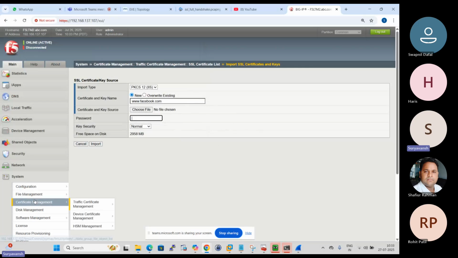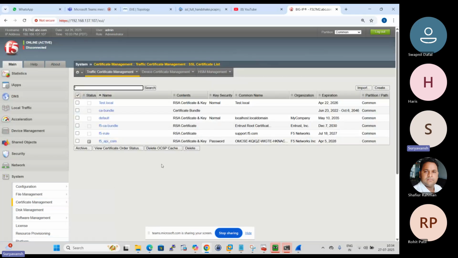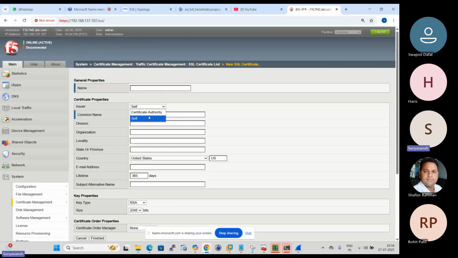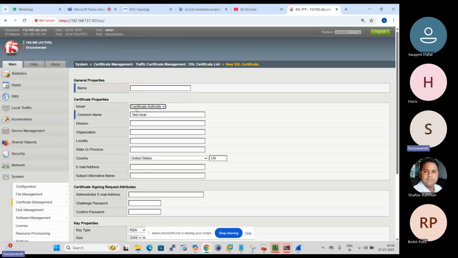But mostly in the company, we generally create the CSR on our F5, because for the client, the F5 is working as a server and we are not using a server profile for backend communication encryption. Once we are using a server certificate for backend communication encryption, then generally the server team is involved and sometimes they share the certificate with us. But most of the time we need to create the CSR here, and for the certificate, instead of self, we